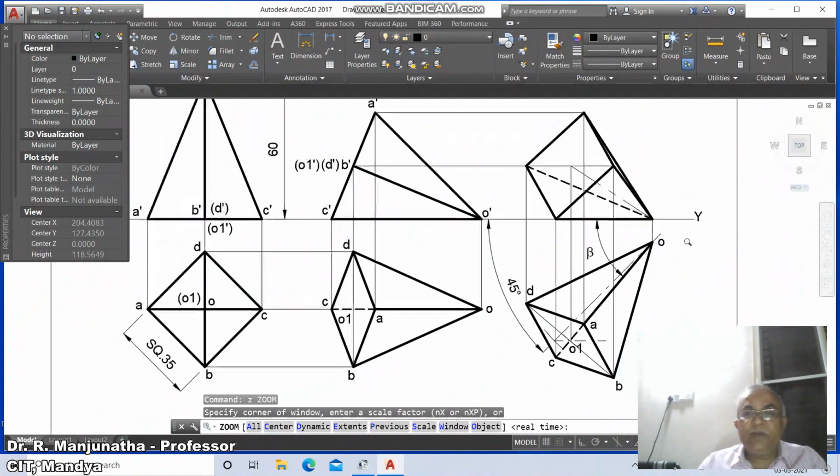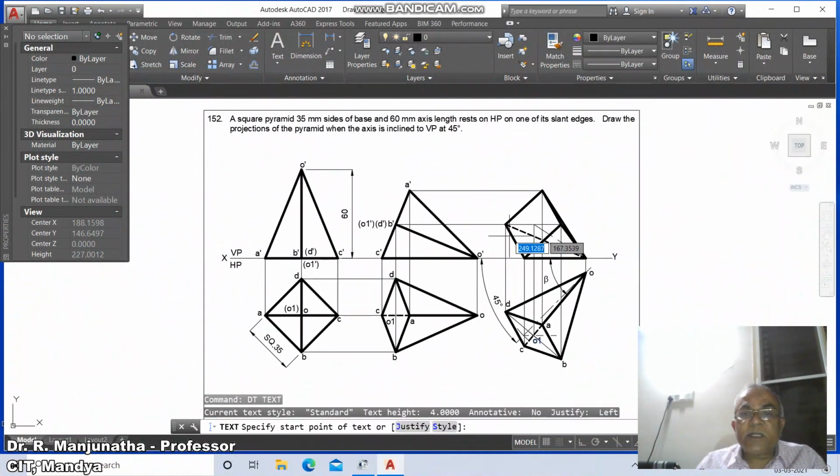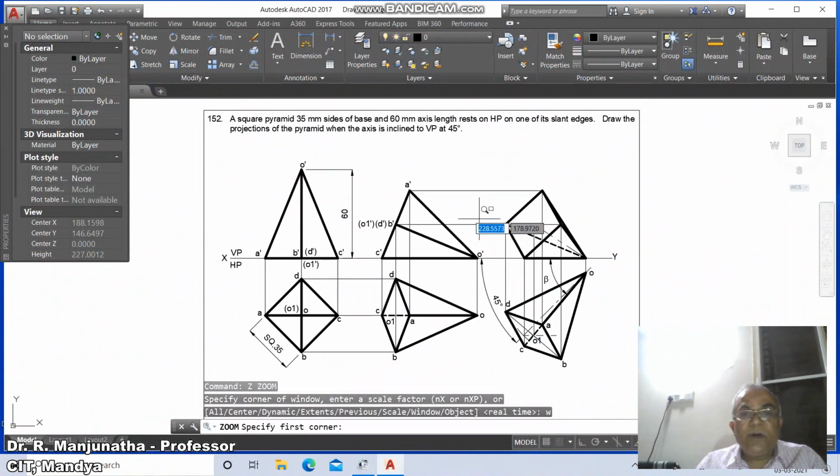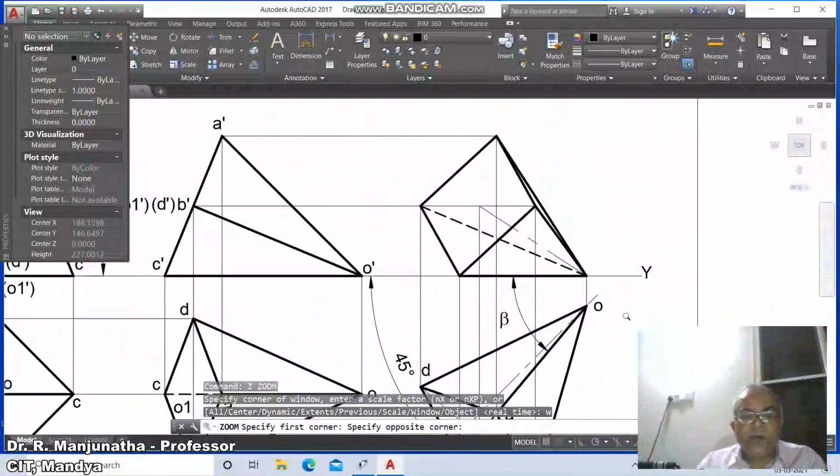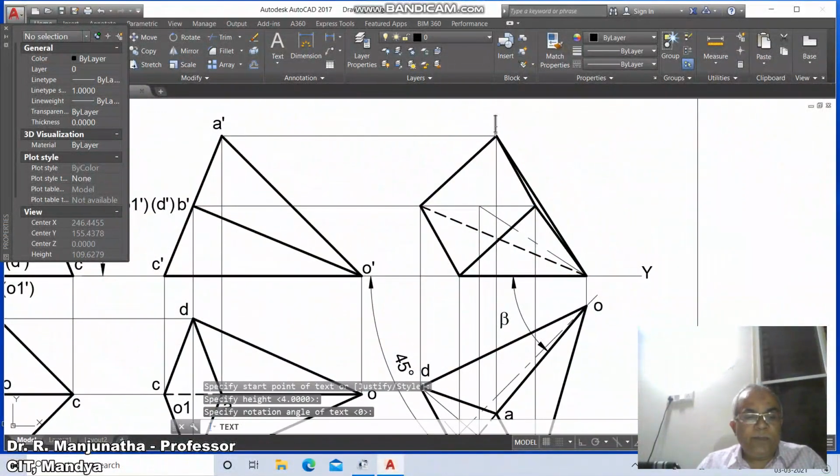And then go to zoom previous, then go to D text, then go to zoom window, you take this, go to D text, you type A dash, you type B dash, you type C dash, you type D dash, you type O1 dash, and you type O dash.